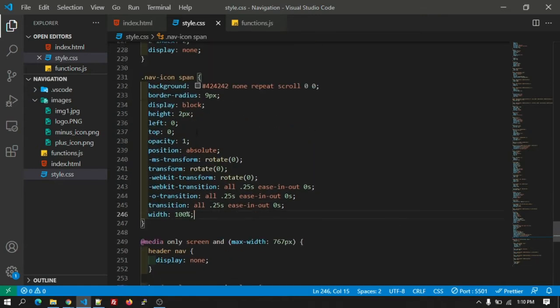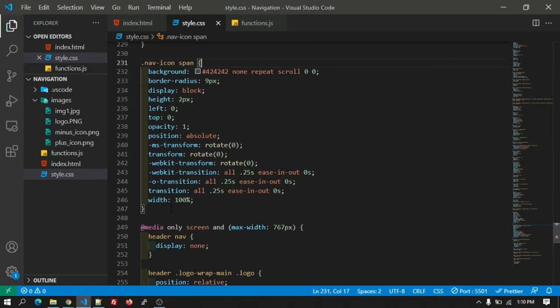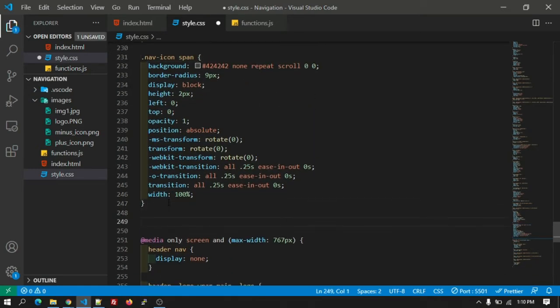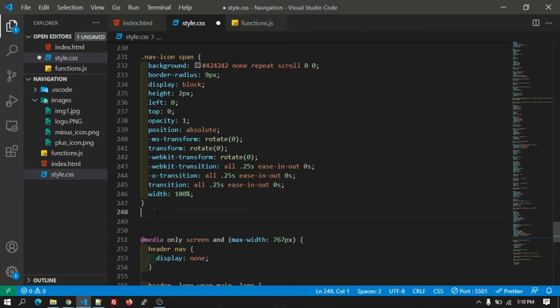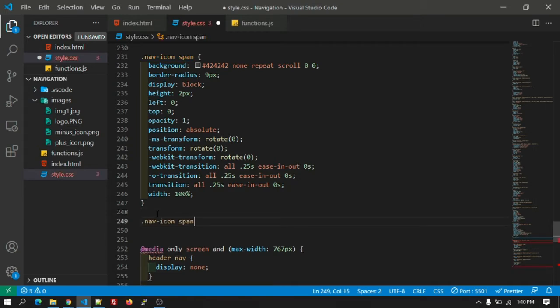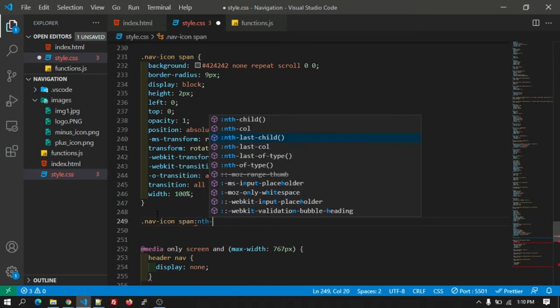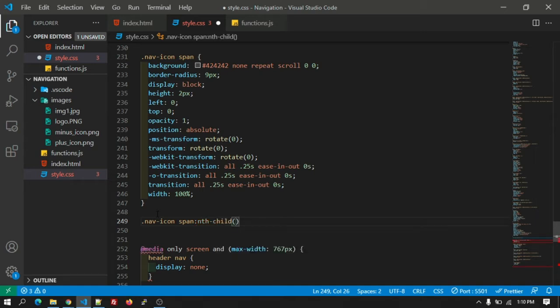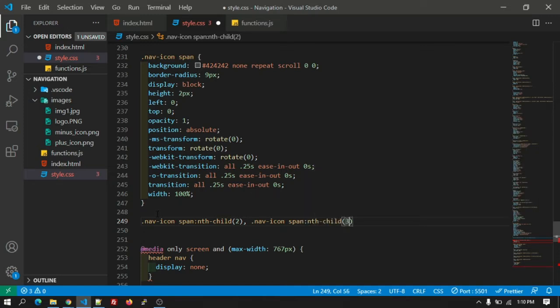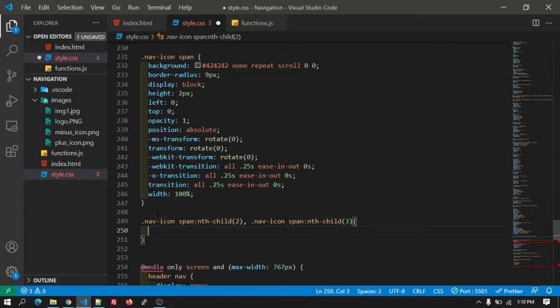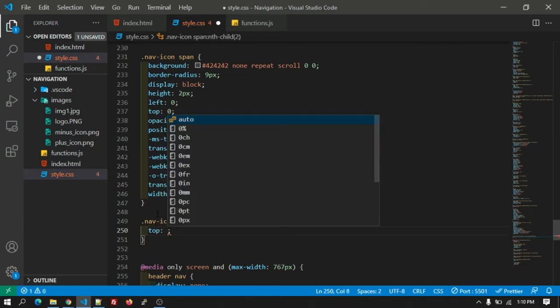So we have added the CSS for the span. Let's give the top. So for example, let's copy this one class, and nth child for the second span, comma, copy this, and the nth child for the third one, we will give the top as 9 pixel.